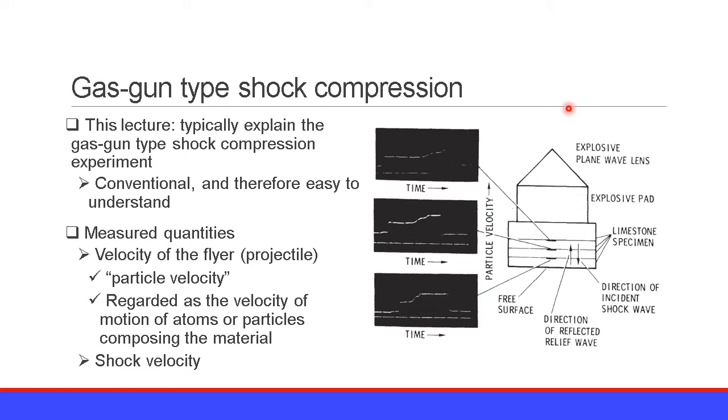This is other part, but anyway, the projectile collides from the upper direction, and we put some markers which can be easily observed optically, and we take a photo of these markers with time. So this is photos of such markers, and the horizontal axis is time, and the vertical axis is the position of the markers